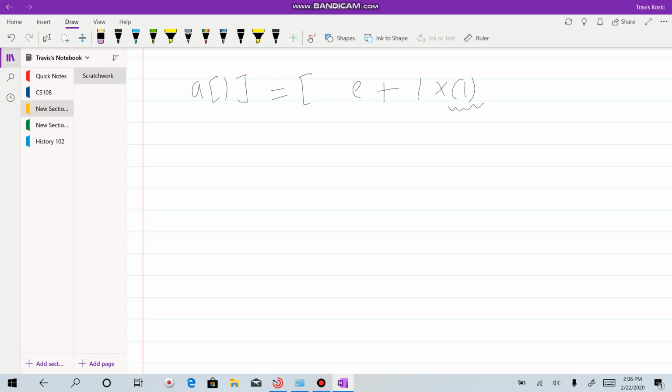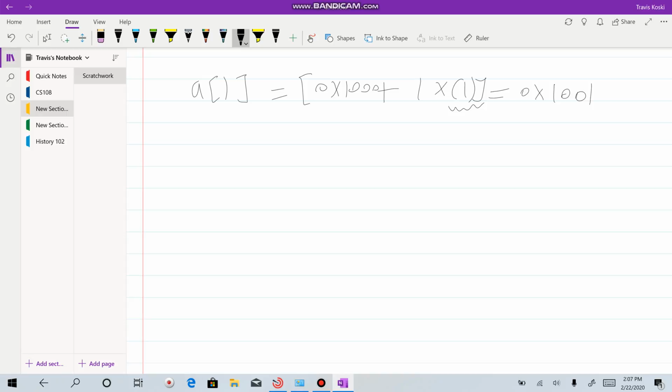It's 1 byte long. So our base is going to be 0x1000. So the actual address that the second element is going to be at, actually, I'm sorry, I said first, but it's really the second, is going to be